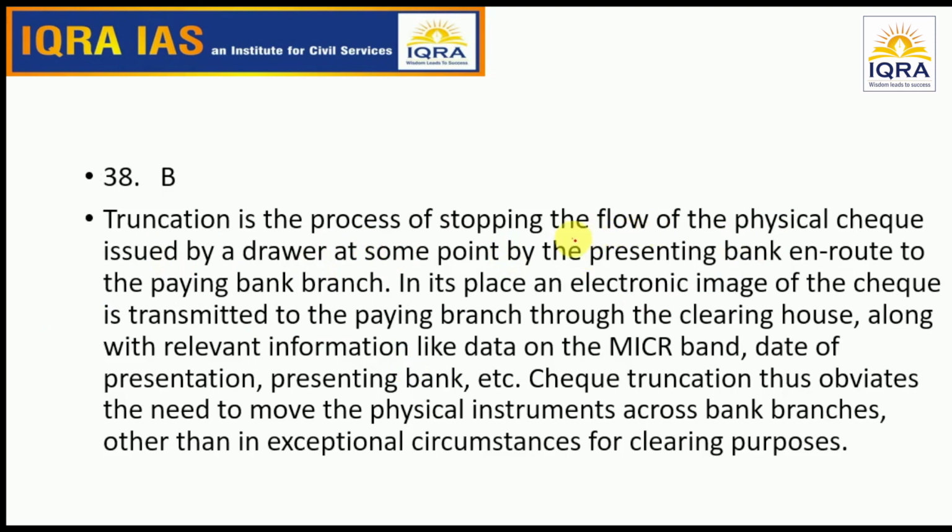of stopping the flow of physical cheque issued by the drawer at some point by presenting bank en route to paying branch. So let's say I have a cheque of bank A, I have deposited it in bank B. So what will happen from here? It will go to bank A. In general, what used to happen earlier, they used to verify, then it came back. So this was the process. In its place, electronic image of the cheque is transmitted to the paying branch, the clearing house. So it is